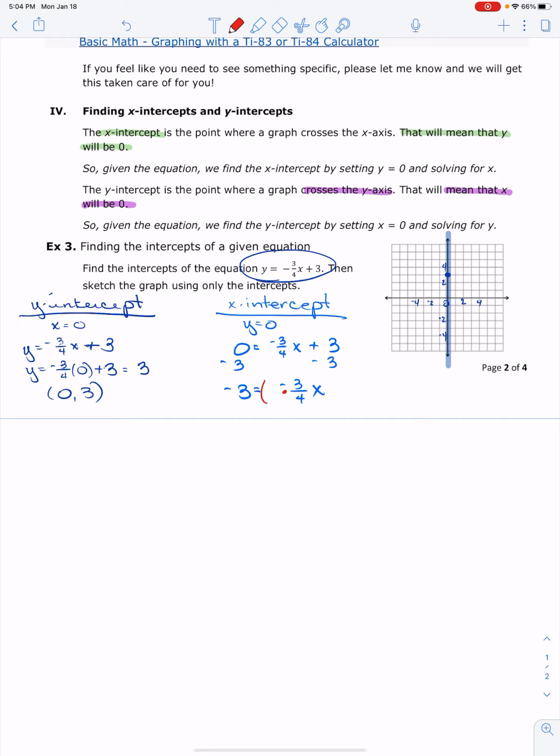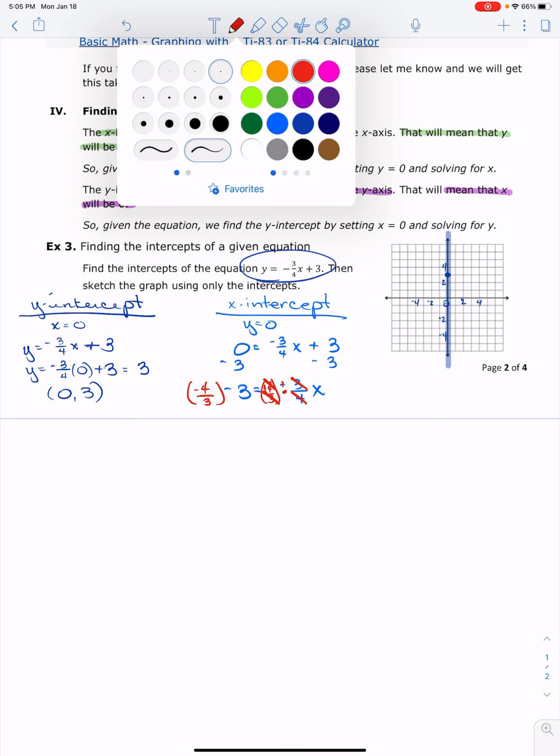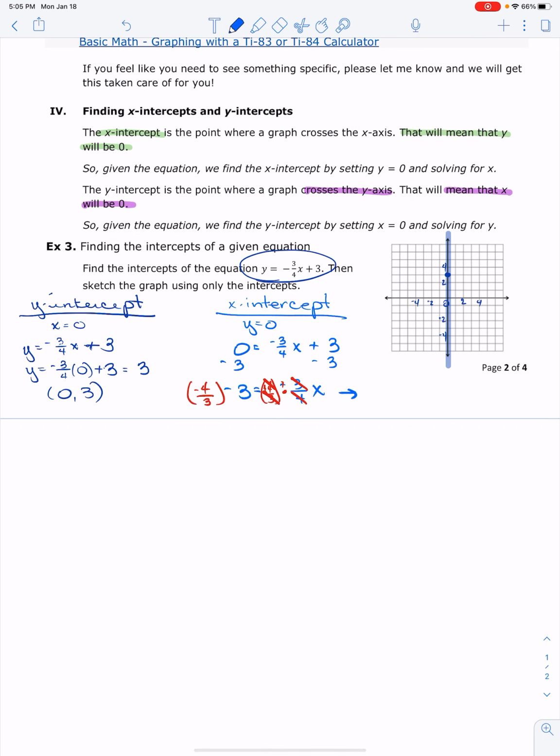I really don't want to divide by a fraction. So I'm going to go ahead and just multiply by the reciprocal. Doesn't matter. As long as I do the same thing on both sides, I'm okay. I got 3 and 3 cancels. 4 and 4 cancels. I got a negative times a negative is a positive. So that gives me my 3's cancel over here. I've got -4 times a -1, which gives me a +4 equals x,